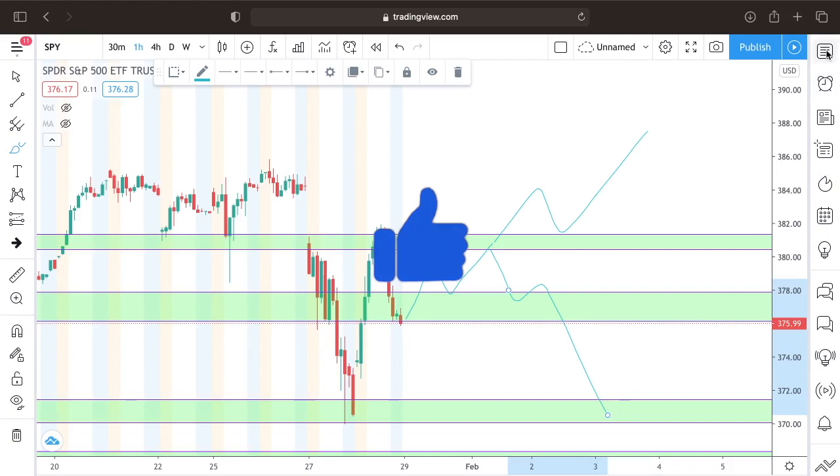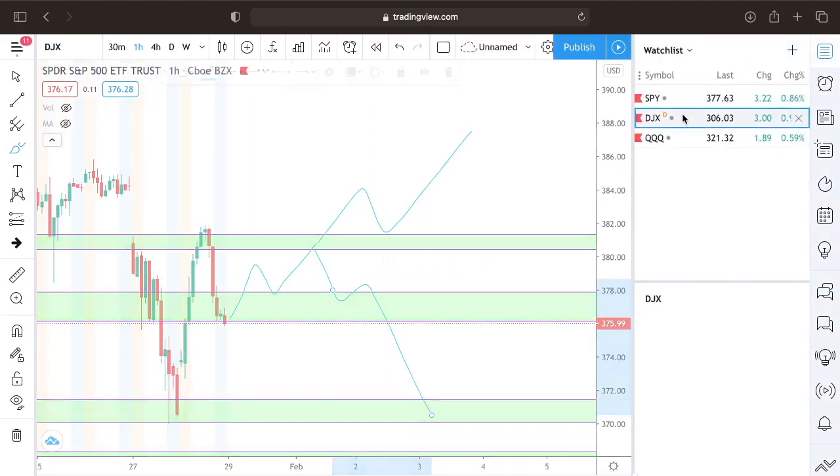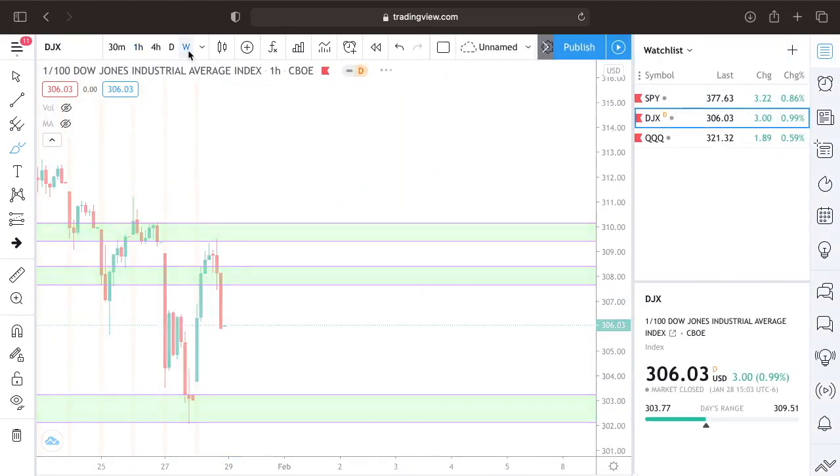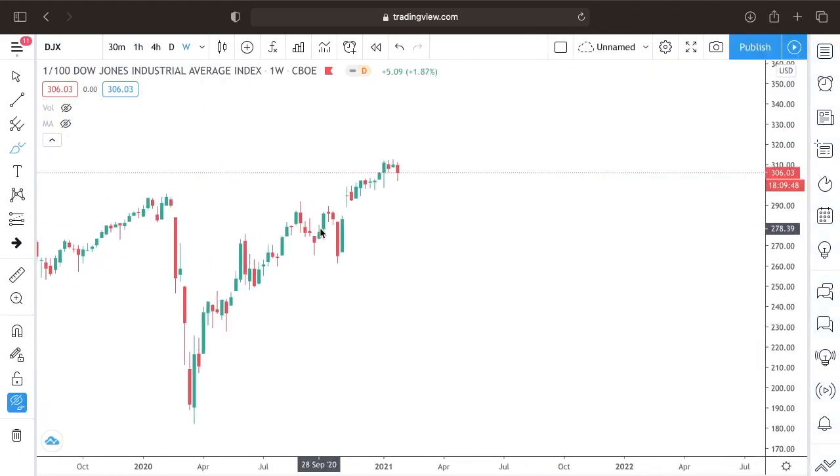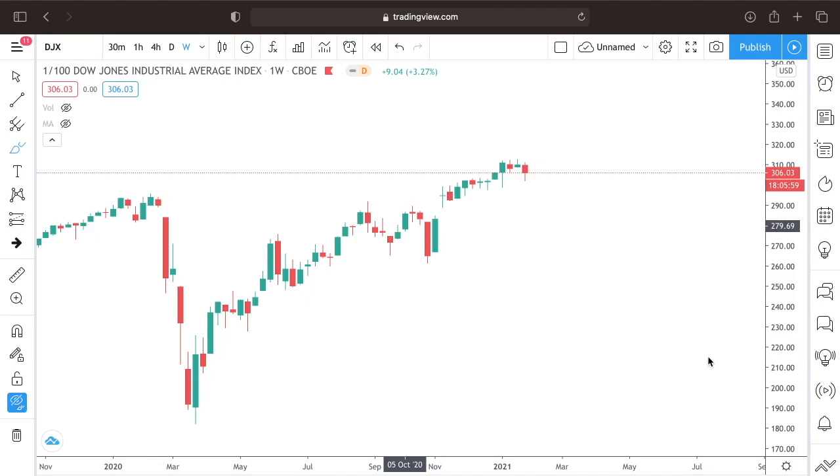The next index that we'll be taking a look at is the Dow Jones. So we'll go on to the weekly time frame, and then we'll clear the technicals, and then over here, we'll zoom in a bit. Using what we have learned earlier on for the S&P 500, do you think the Dow Jones is also on an uptrend? Yes, the Dow Jones is also on an uptrend, because if we see from the left side of